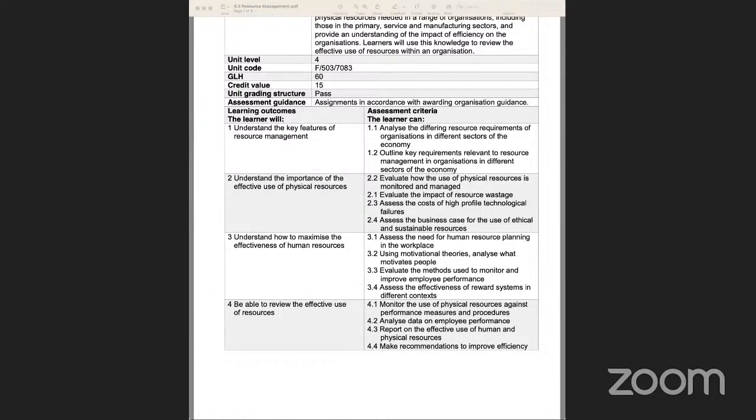So in order to discuss this learning outcome, we're going to be looking at a presentation and a short video which I've got today. This will help us understand specifically the areas related to employee performance management, and the use of physical resources from a point of view of human resources management, and then looking at the effective use and the recommendations with an organization in mind that we would want to cover in this particular learning outcome. So if I just switch you over